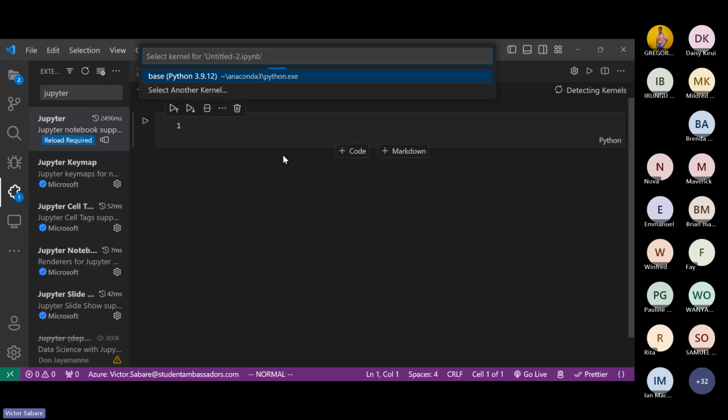Using Jupyter Notebook in VS Code is an easier way of using Jupyter than the normal way, where you could install Jupyter as an app or use the navigator for Anaconda, because you